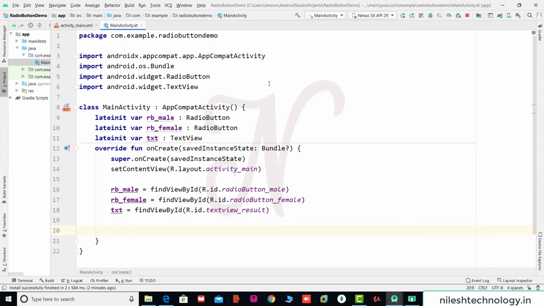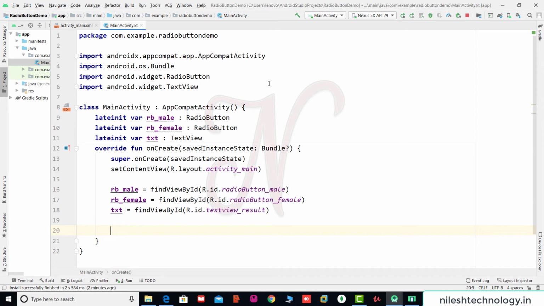Now we perform some action. There are two ways to set the event of a radio button. The first is by using the radio group, and the second is to set the event separately on each radio button. First we will see it using the radio group.